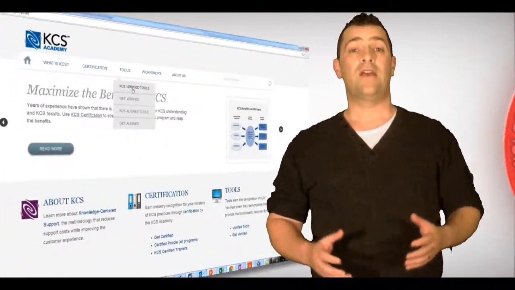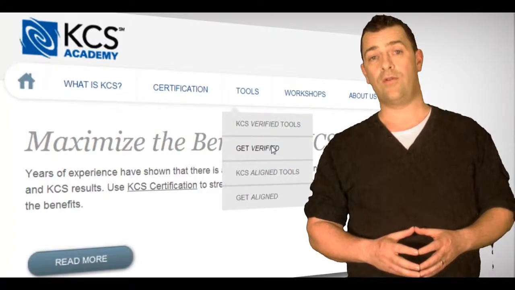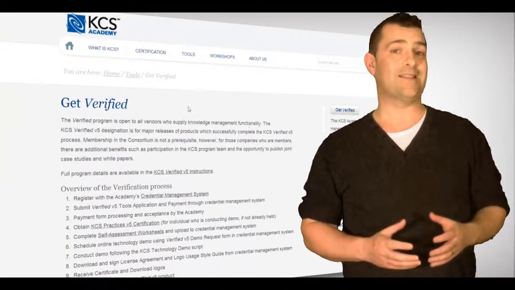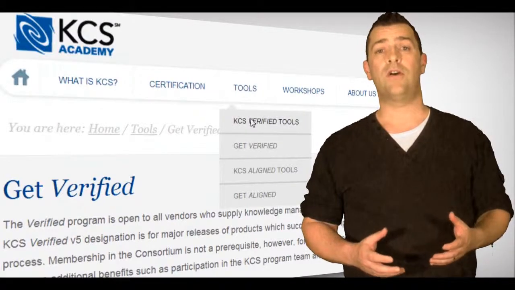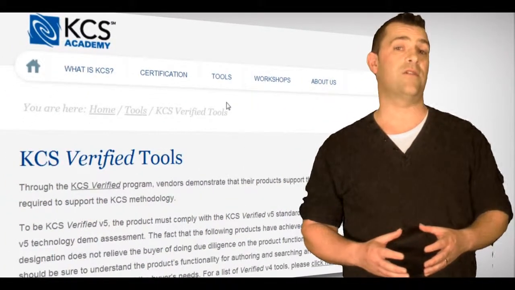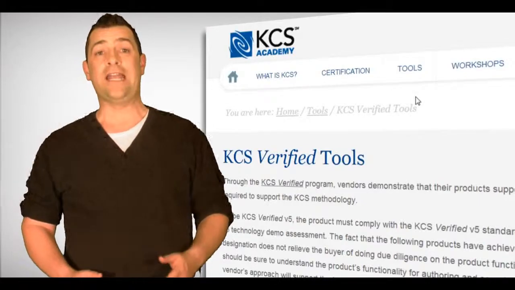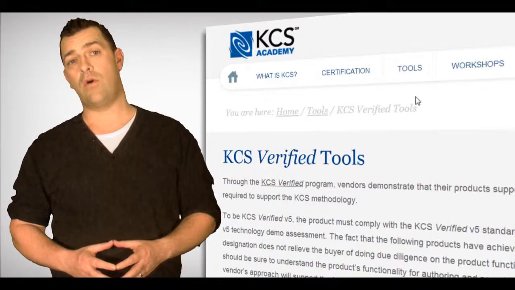The second technique of the process integration practice is seamless technology integration. Technology is a critical enabler for KCS. It enables collaborative problem solving and knowledge sharing regardless of space and time. The consortium has developed a KCS Verified program to help vendors develop KCS verified software and provide customers with a list of KCS verified products. To find out which vendors' products are certified or to get a detailed list of all of the requirements, visit